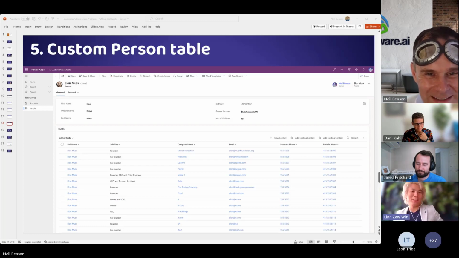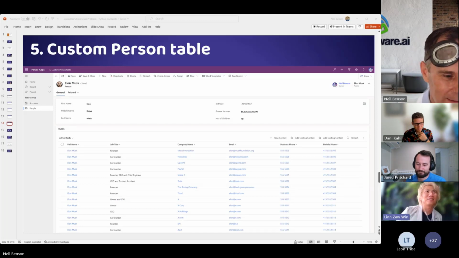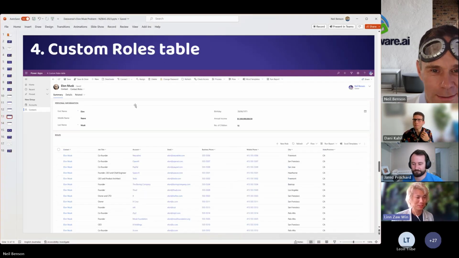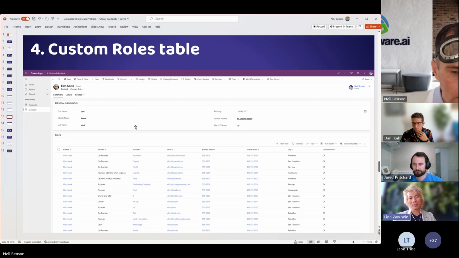Well, for me, my favorite is the custom role table. That's probably because that's how the data model was structured in my last project at the previous employer. I joined the project midway, and the design pattern was already a custom role, and probably they chose it because there's no need for marketing to send it out, and also there's no Outlook integration use. So I think that's a decision.